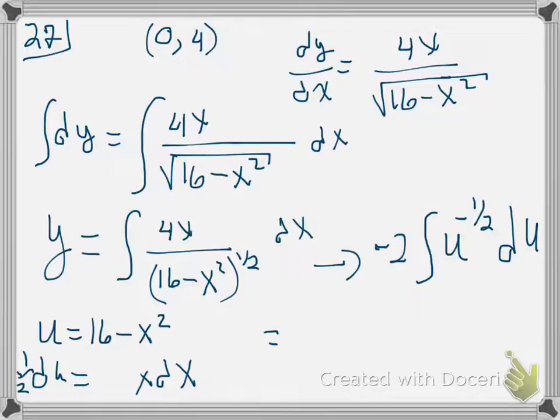We integrate that. Negative 2 times u, negative 1/2 plus 1 is a positive 1/2, and that's times another 2, plus c. So what we end up with is negative 4 u to the positive 1/2 plus c equals y,